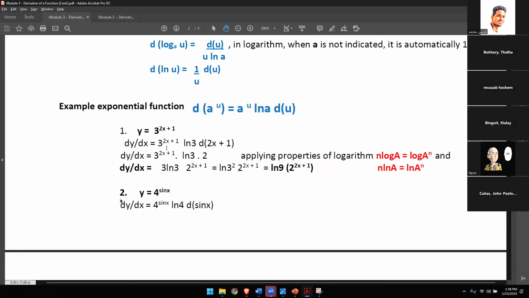All right, so let me just erase everything so that we can go back to the new one, from fresh. So this is still the same. This is still the same. Derivative of 2x is 2. Derivative of 1 is 0. And then it says you're applying properties of logarithm, and n log a is actually equal to log a raised to n. You can actually transform this one into